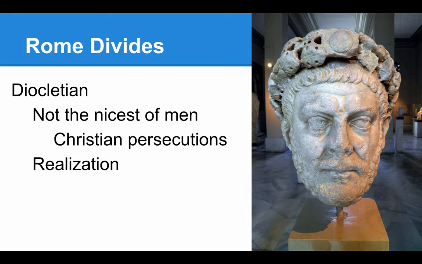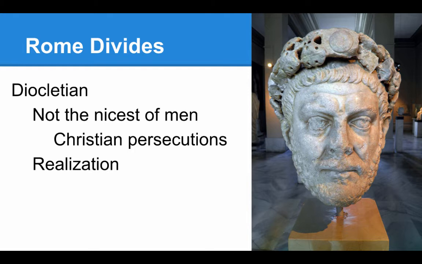Well, it had to do with this guy by the name of Diocletian. Diocletian, as you see the emperor bust on the right over here, was a Roman emperor, and he was brutal and horrible and downright mean. He is most known for his reign of trying to eliminate Christianity. He hated Christianity and did basically everything in his power to obliterate it, and under his rule, tens of thousands of Christians would be killed. But for our purposes, we're talking about him in the realm of the Byzantine Empire, but it doesn't mean he's any less of a bad person.